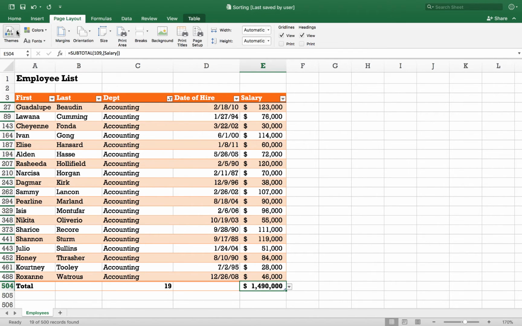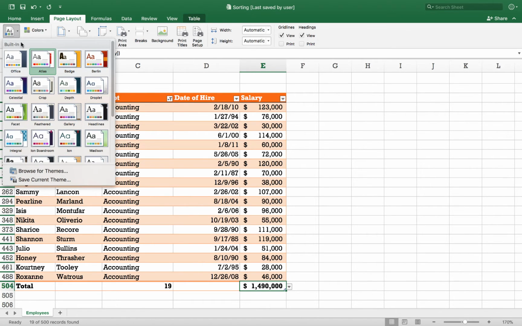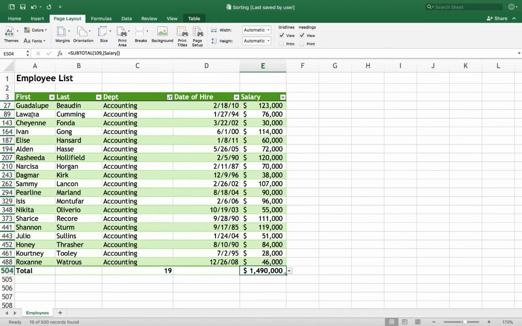Part of the problem is once I change themes here, there's just too many options. So I'll go ahead and try, for example, the Facet theme here. Go with something kind of green. So that changed my fonts and my colors. You've got these basic themes that come with the program, and then you can also mix and match on that. I can say, I like this basic theme, but I want to maybe play with the colors. So I can go with the color option here.